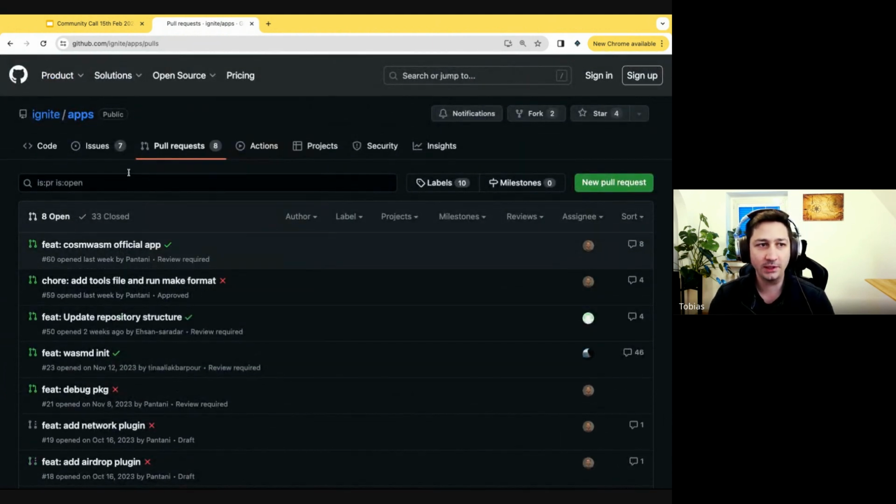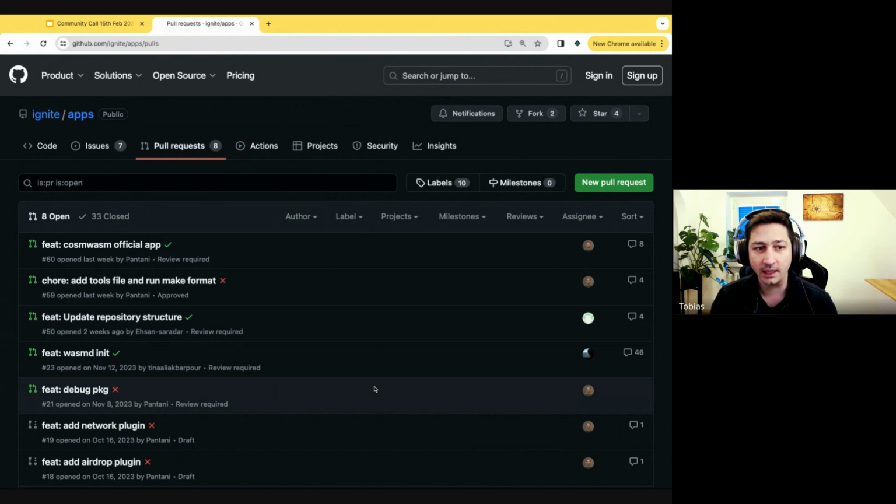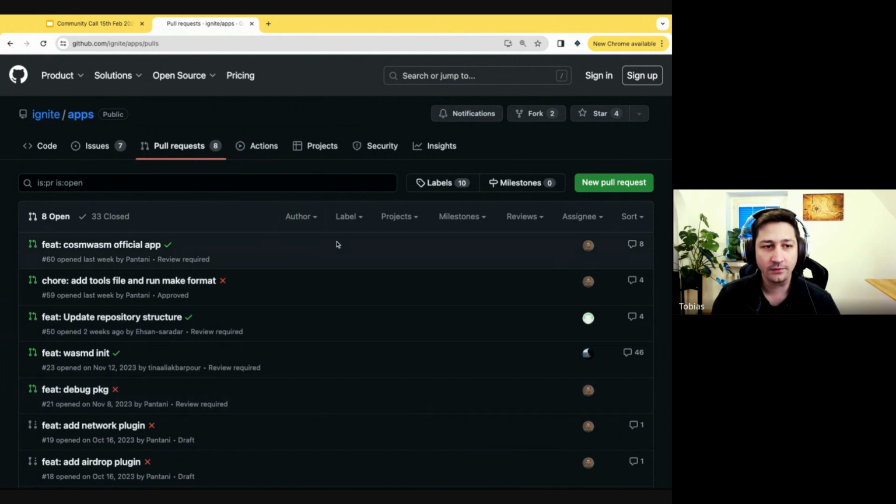ICS will work a little bit differently, and this is why you will not find it here. ICS also needs changes in the core CLI, obviously, because the host chain is a little bit different from the default chain that we scaffold. Therefore, the CLI needs changes, and then we will provide an app for you to create the according chains for ICS.